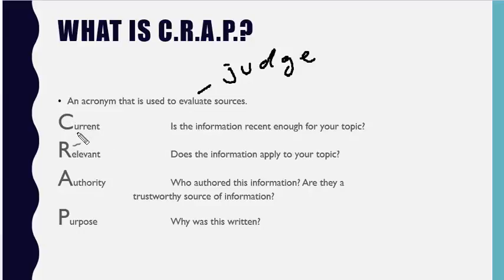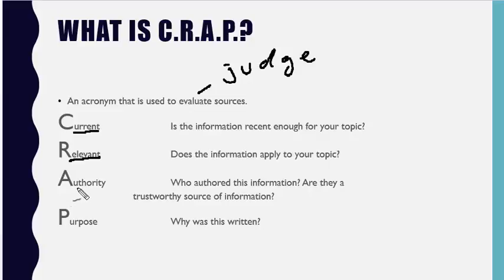So the C stands for current. Is the information recent enough for your topic? If it hasn't been updated in quite a number of years, that could be a problem. R, relevant. Does the information apply to your topic? You don't want a website that's mainly about Abraham Lincoln when you're really studying the Romans or something like that,